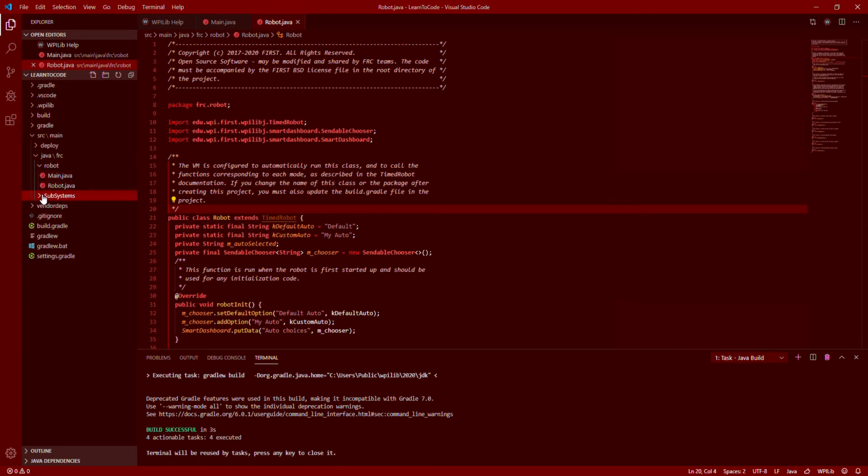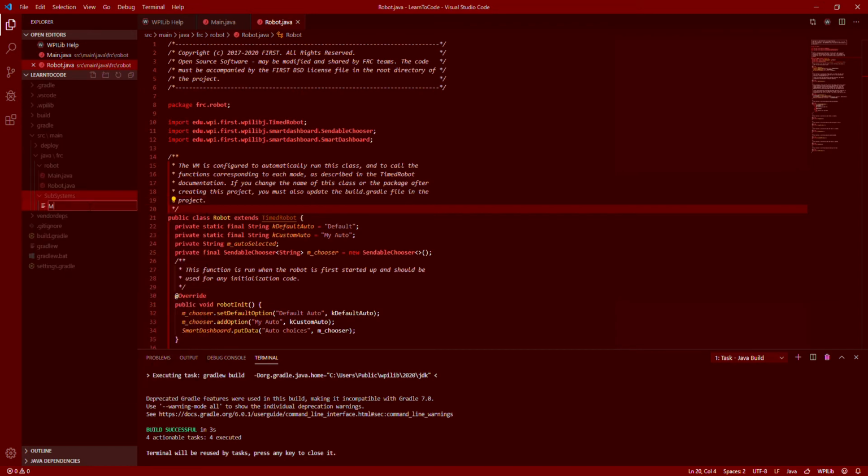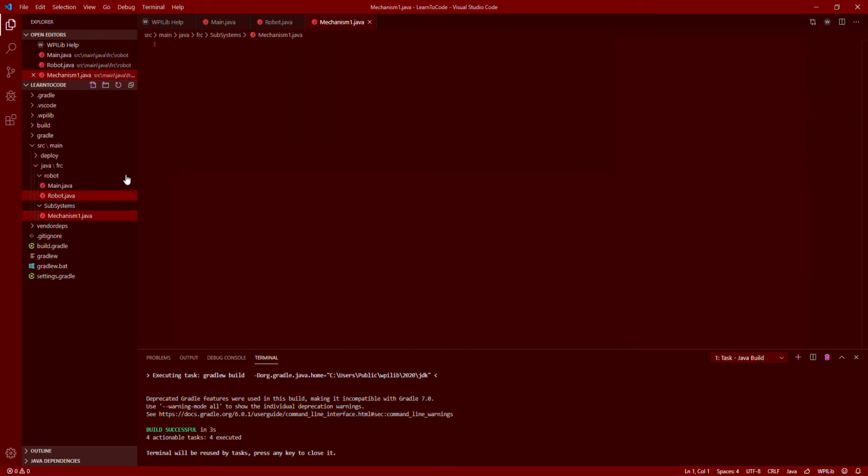Subsystems, cool. Now you're going to want to make a new file. You'll call it mechanism1.java. So the .java tells the thing that it's Java. Alright. In this, you're going to want to import